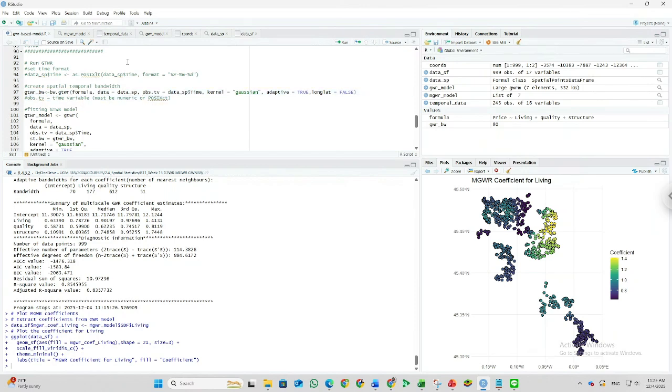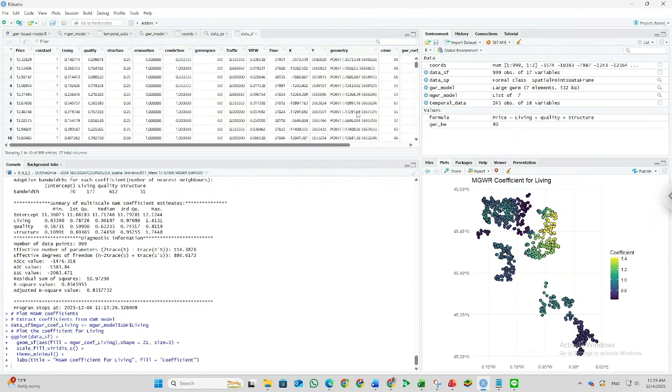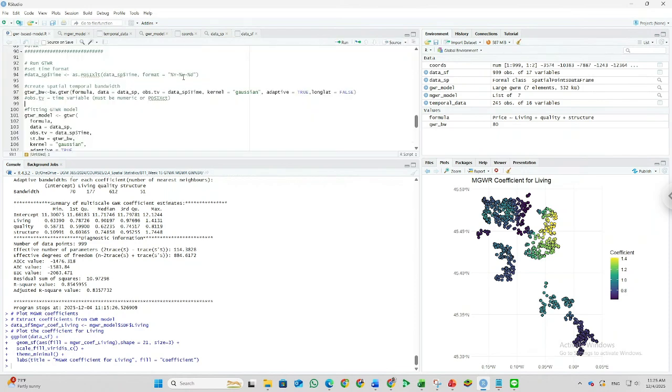So for our data set, we can see in here our time is already numeric, so we can skip this code. But if for the final project you just have the format year, month, and date, you need to convert it first.